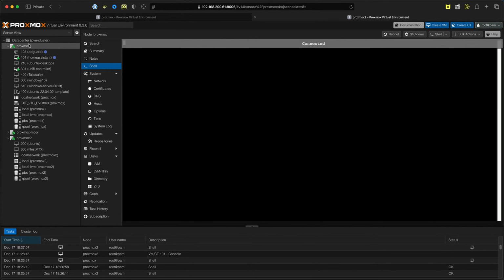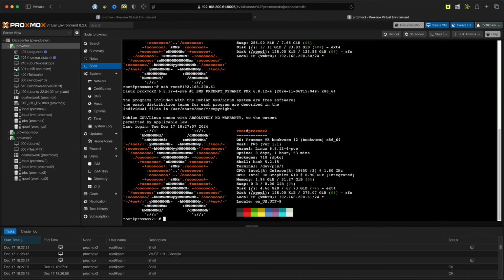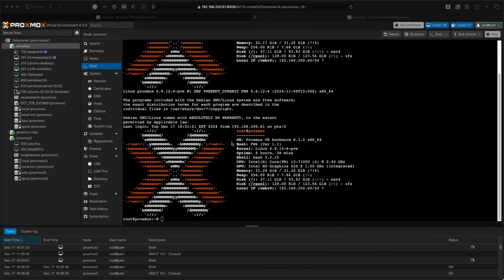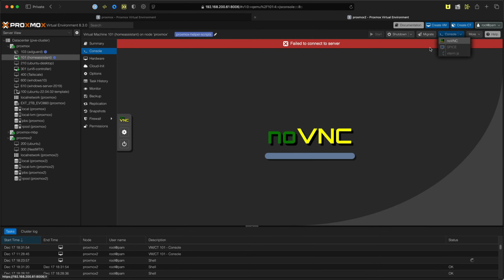And then the same deal goes if I log into that shell on Proxmox 1, and then I try to SSH into Proxmox 2, it works. So there's nothing wrong with the SSH keys. Everything is set up properly for passwordless connections both ways. So what's happening here is noVNC does use SSH behind the scenes to authenticate and connect across these nodes. So whatever mechanism noVNC is using under the hood to do that,